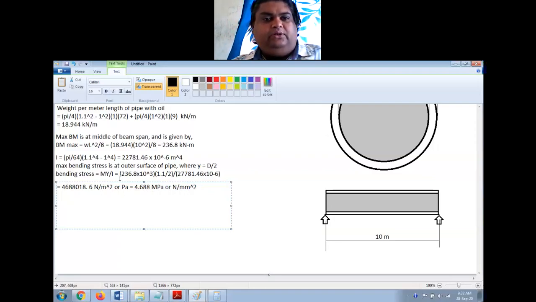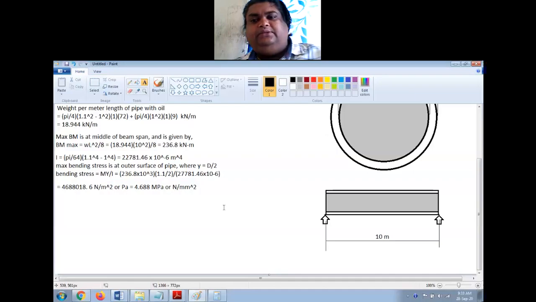I used meter, so I got 4688018.6 Newton per meter square, right? And 10 raised to 6 Newton per meter square or Pascal is equal to 1 megapascal, and 1 megapascal is equal to 1 Newton per millimeter square, right? So this is the maximum stress that is induced in the